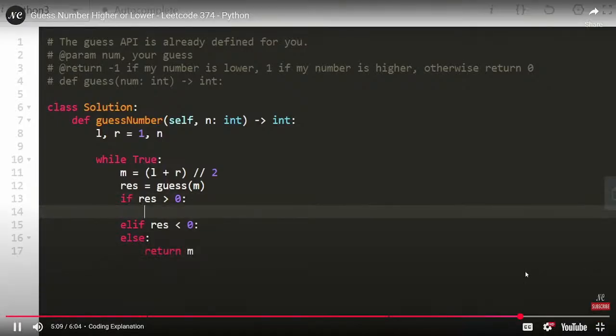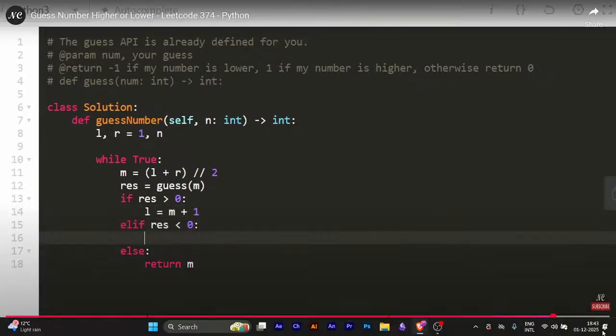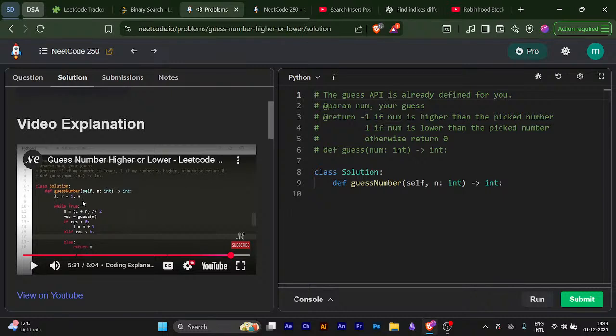Now, if it's greater than 0, based on the description, that means that the real number is actually greater than our guess. So now we want to shift the range. We want to guess all numbers greater than m. We can do that by taking our left boundary, setting it to be equal to m plus 1. Now, in the opposite case, that would mean that we're trying to find the guessed number, which is actually smaller than what we guessed. That means the